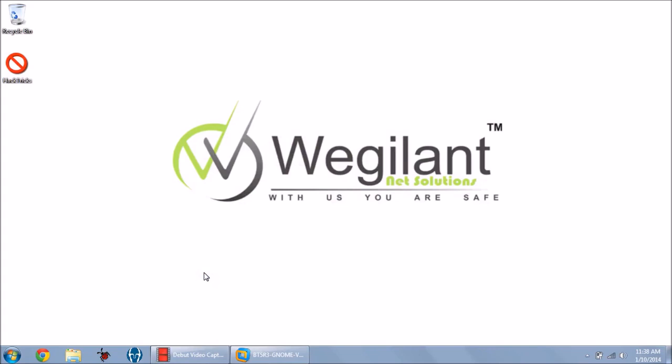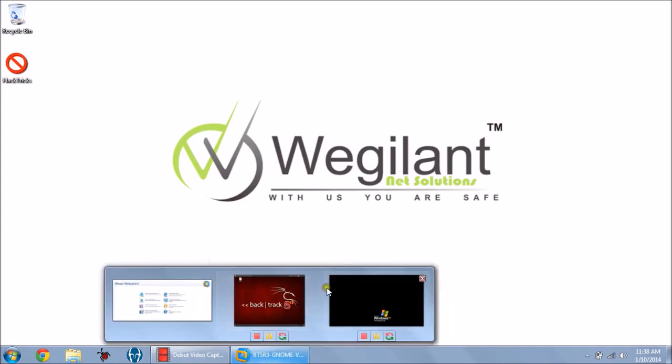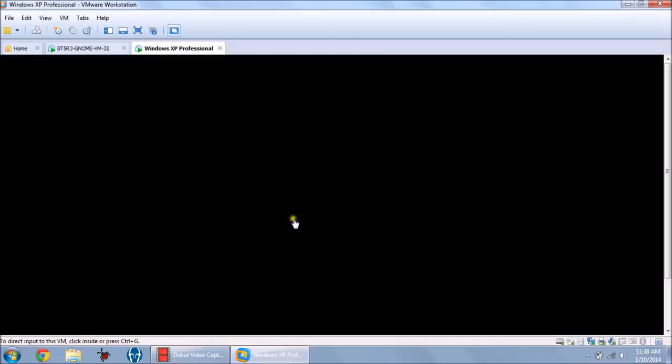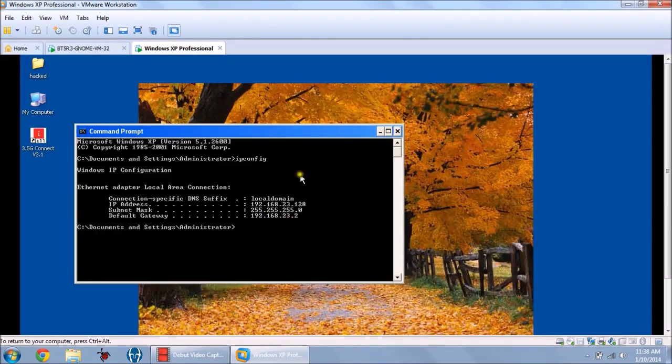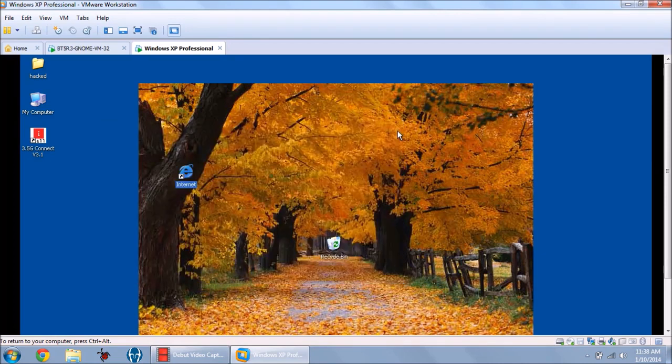So the topic under discussion is Metasploit, system hacking using Metasploit. For that, I need a virtual machine for demonstration purpose. This is my Windows XP virtual machine. Now, imagine a scenario.